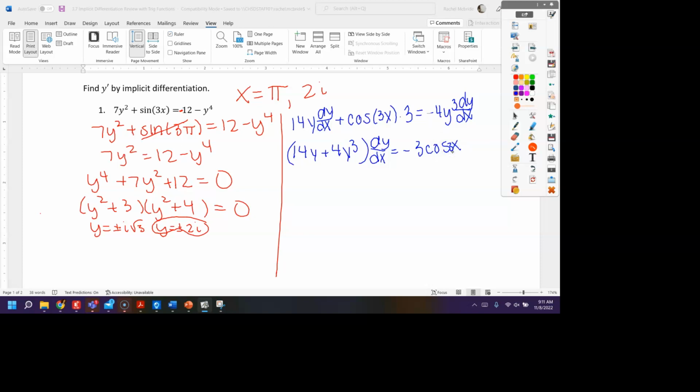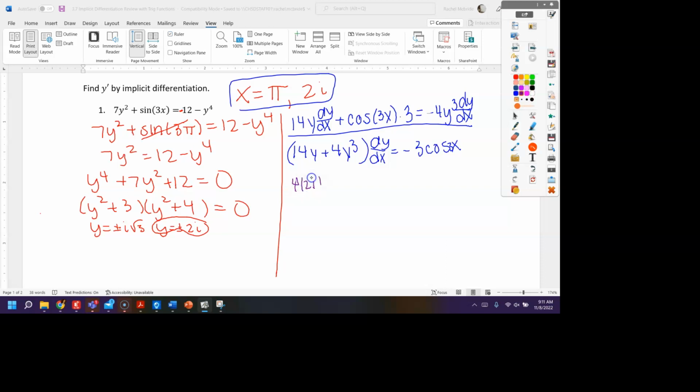And here's what I was kind of talking about. Instead of really solving for dy dx all the way, I mean, honestly, I said get it on the left and get it on the right. You could have actually stopped here and just started plugging these in. I have a tendency to at least get it to this point. So now you would say